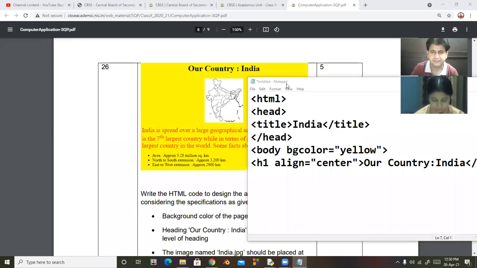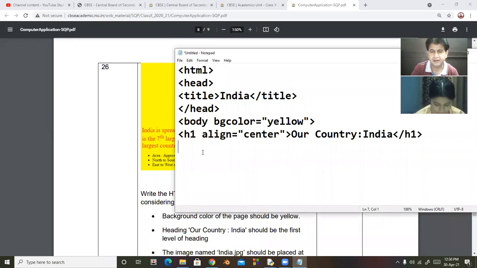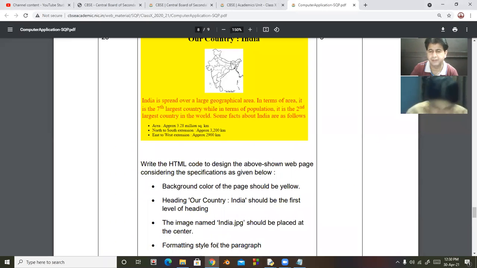Now after that, there is an image, and according to your question, image name is India. But remember one thing, if this image is not in my computer, it will generate error. So I am inserting any other image.